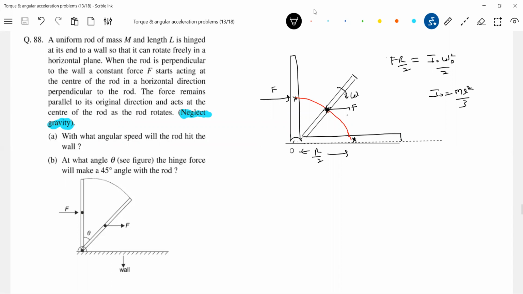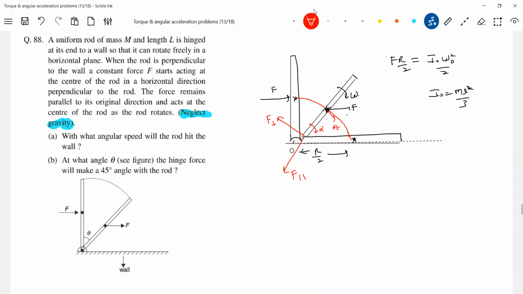No, you do one thing, just proceed like this here. There's one hinge force, call it F1. The other hinge force, F parallel, and this you call F perpendicular. As it is having angular velocity, there's a centripetal force, centrifugal force will be acting. The centrifugal force will balance F parallel. Then F perpendicular, how? Because a force is acting, torque is there, it will have angular acceleration also. It will have tangential acceleration.